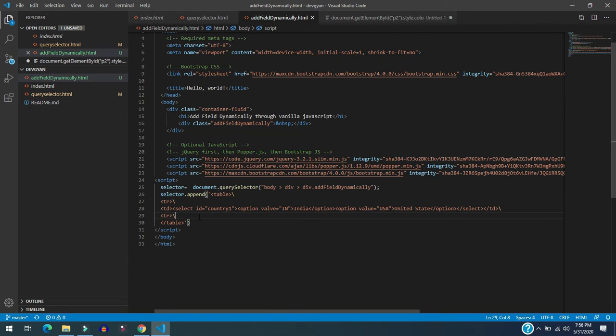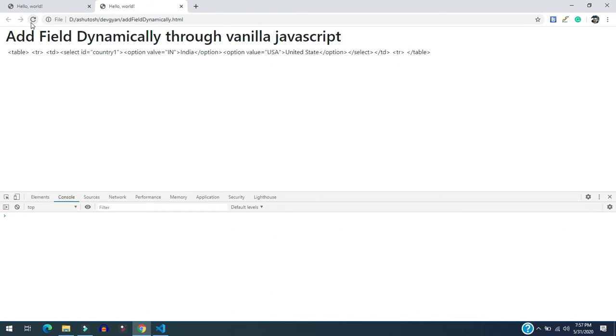As you can see, we are going to append something which is basically a table, and which has a tr, and tr is one row. For writing a row we are using the tr, and under the tr it has some columns, that's why we are providing them here. The first td has a select box. This select box is for a country, and it is going to have some values. There are certain values that I am providing here statically. So let's check whether it's working perfectly fine or not.